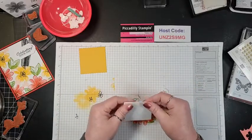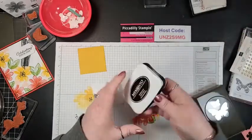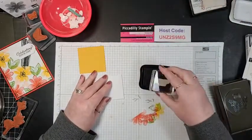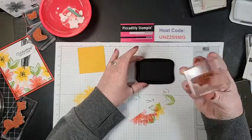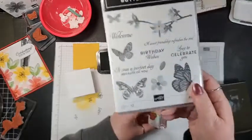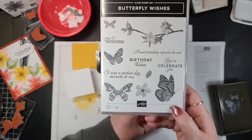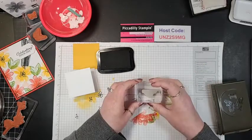We're going to do some stamping on this Whisper White. So the very first thing that I'm going to do is bring in my Tuxedo Black. This is the Memento ink. And I'm doing birthdays apparently tonight because I have birthday wishes. This is one of the reasons I like this set. Look at the fonts. Are those not beautiful? But that birthday wishes I think is perfect, and I love double-decker fonts. So I want to make sure I have this mounted on my,